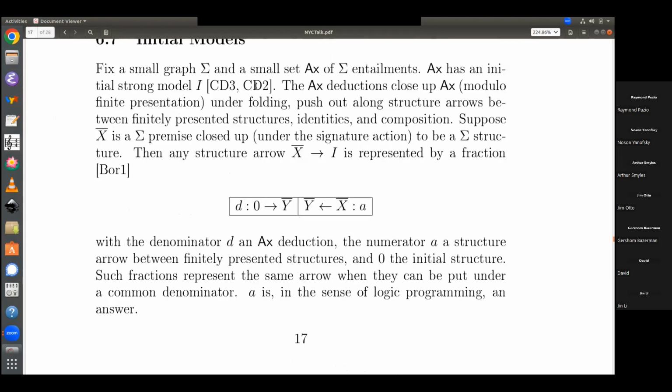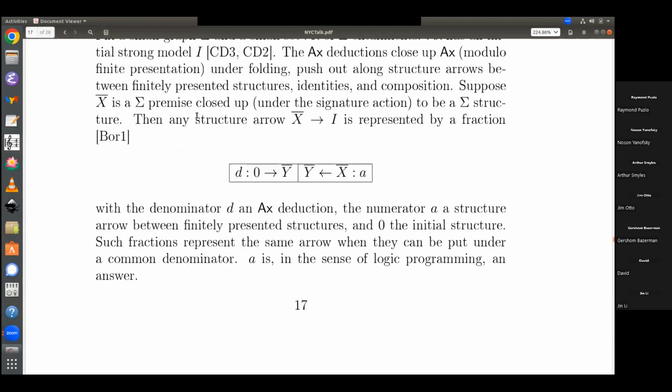And the reason why that's important is that once you have folding, if you have a small set of entailments as axioms, you can close that up under pushing out along finitely presented structure arrows. And then also you close it up under identities and composition. Oh yeah, but first you close up the axioms under folding. That's crucial. And then the pushout is like, well, instances. And then yeah, so then when you have this notion of deduction,